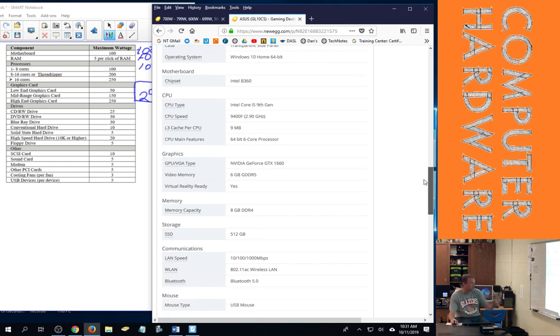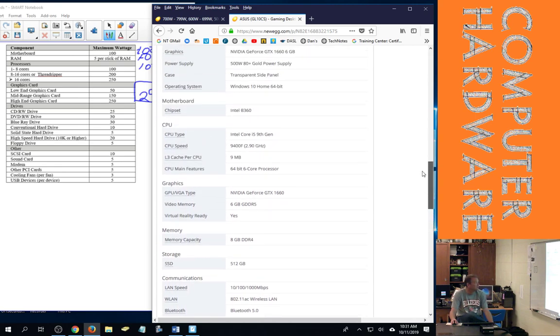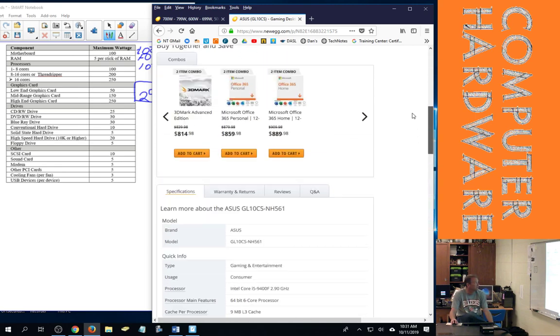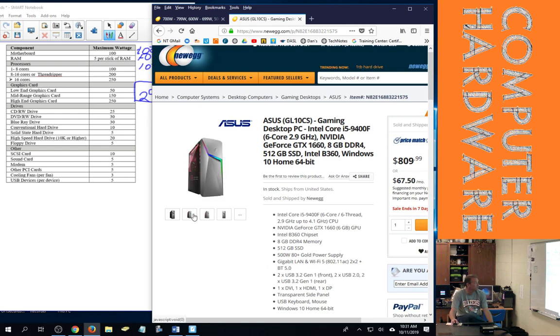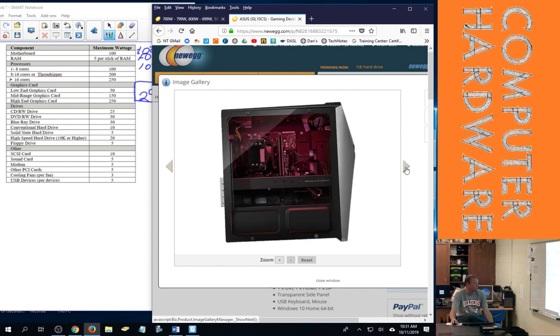The video card. Okay, down here in memory, it still only says that it's 8 gig. So storage, it's got a solid state drive. I'm looking for anything else. I don't see anything about a DVD drive. We're going to look at the pictures then. And I frequently tell students that they have to look at the pictures to figure it out, because sometimes they don't list stuff,